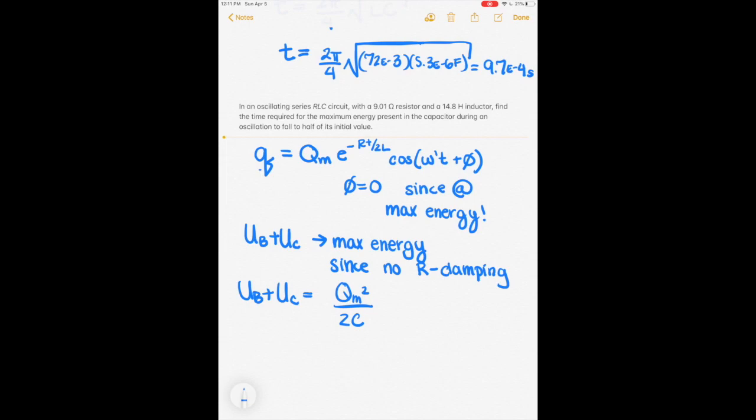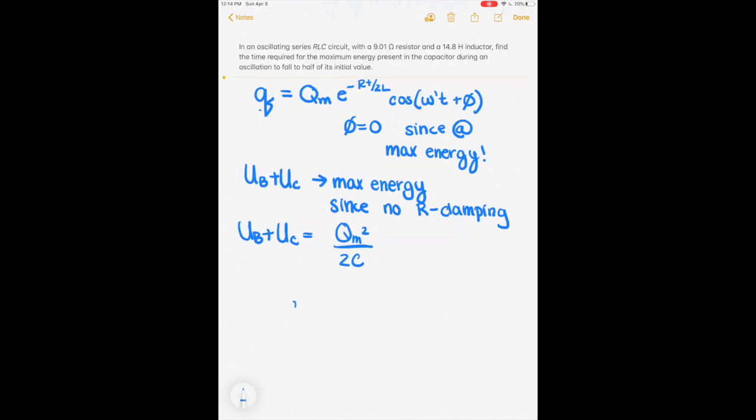If we pretend that at time equal to 0 we're at maximum energy, so we don't have any damping, that means our exponential function just goes to 1. So then we are left with Q max squared divided by 2C. Now let's relate our Q max whenever we do have damping to our Q max whenever we have essentially our RLC circuit. So then it's equal to